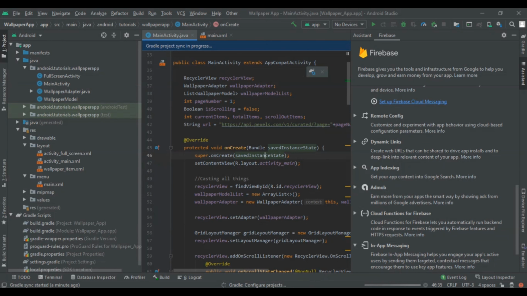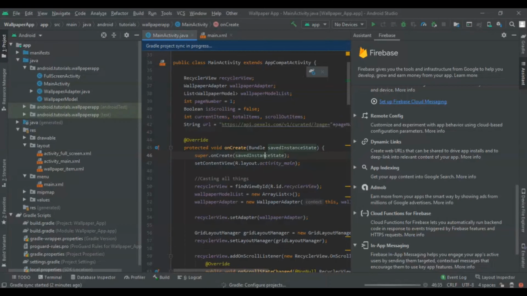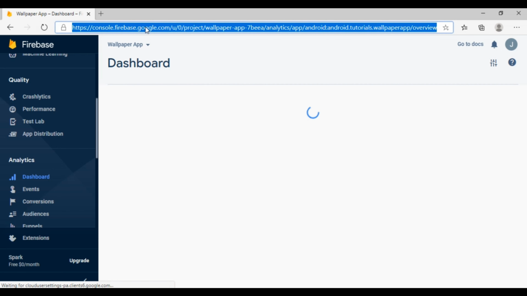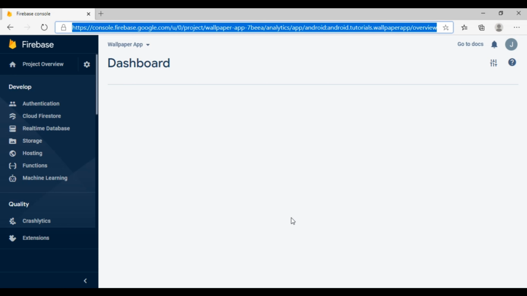So first let me tell you where you will find your analytics. When you click on this analytics and dashboard, you will see the Google Analytics over here. After that build-up process is completed, you will get all the features automatically. So when you come here, you will find a 24 hours process check. So after 24 hours we will get the Google Analytics in our application and all three other functions. So now I am going to show you how to set up or do these things.